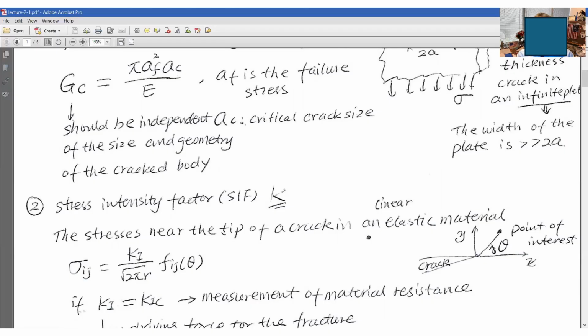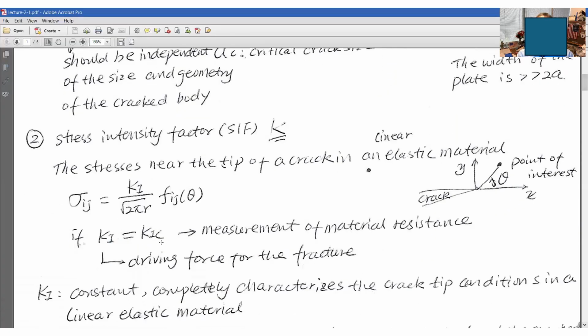And for these, how is this stress intensity factor used? Suppose, look at this diagram. We have a crack, okay? This is a sharp crack, not as big as this one, it's a very sharp crack. So this is a crack tip, and then we